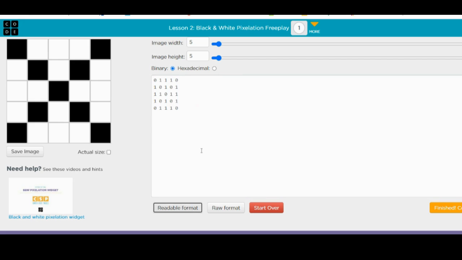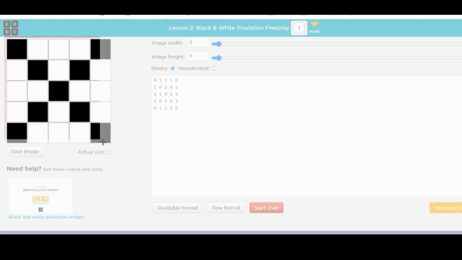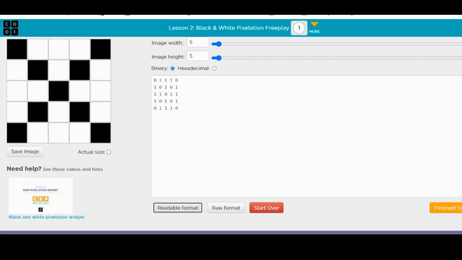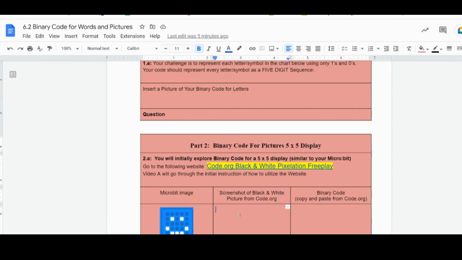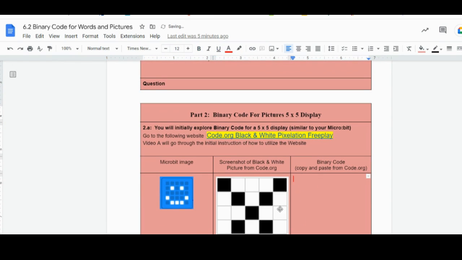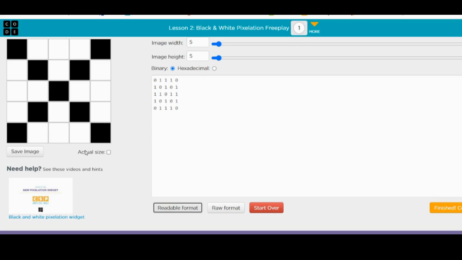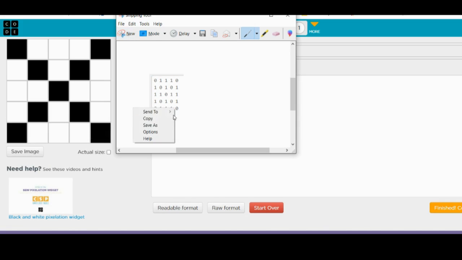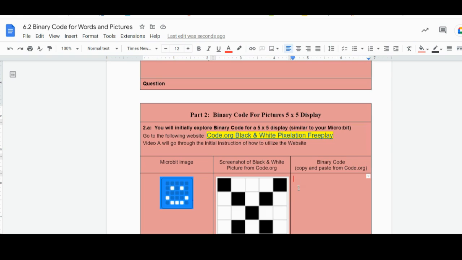So what you're going to do is you are going to create some images. And once you have your image, you're going to take a screenshot of your image. So you'll say, okay, got this. You'll bring this into your document. And you'll also copy what your code is. So you'd copy over this so that we can see what is your visual code and then what is your